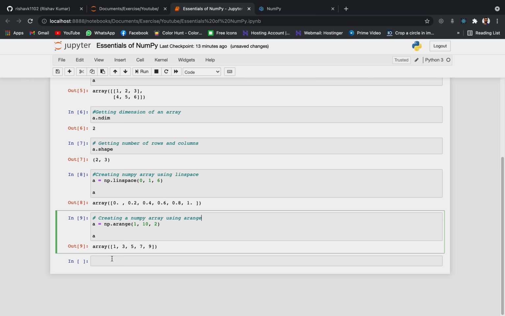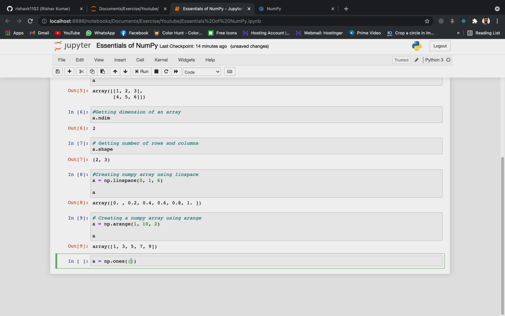Okay, now there are different other types of array, so we will see those. Now suppose I want to create an array with all the values as 1. Okay, so we can do that. We simply need to write a is equal to np dot ones, and then we give a parenthesis, and inside parenthesis we give a tuple.